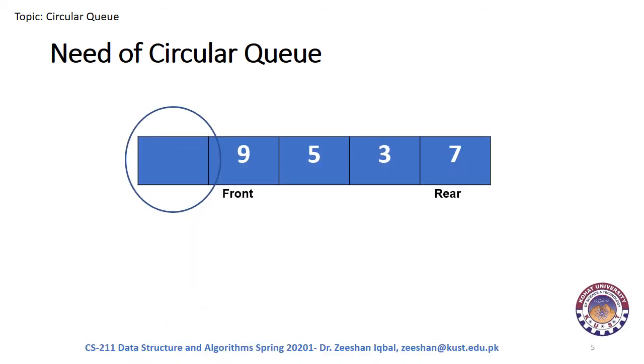To overcome the problem of memory wastage, we have to modify the enqueue and dequeue functions. For the enqueue function, in this case, we have to point the rear to the first position again. Here we can see that front is equal to 1 and rear is equal to 0. So calling the enqueue function will add the new value at index 0, saving the space which was being wasted previously.